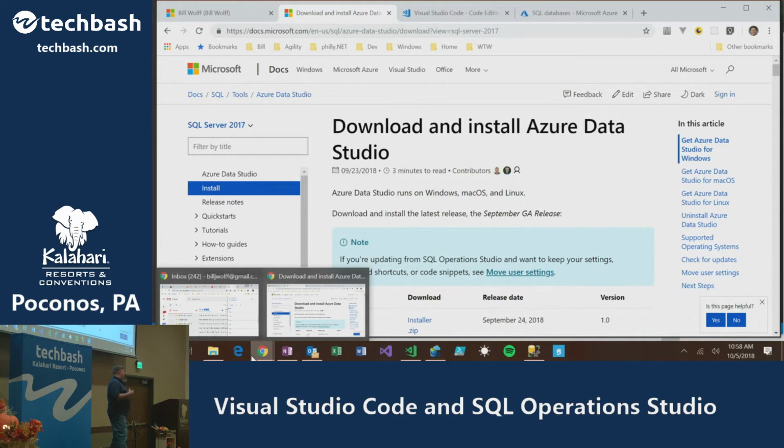Now with the addition of this new Azure Data Studio, I would consider putting that on a lot of my servers also, because if you work in a production environment, things are often going to be very locked down. And by locked down, I mean you have a lot of firewall restrictions. So you can't,